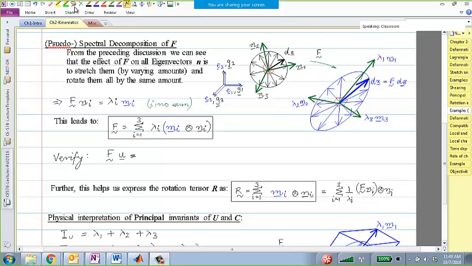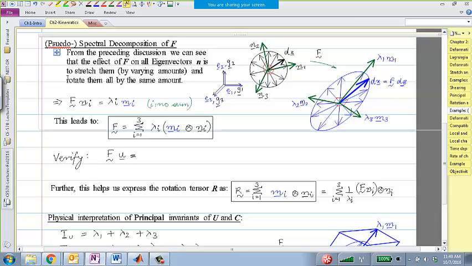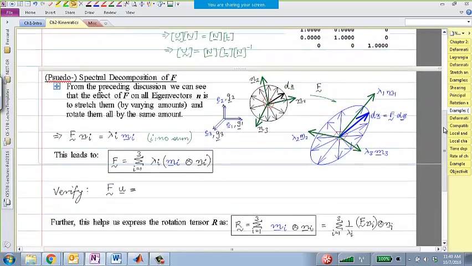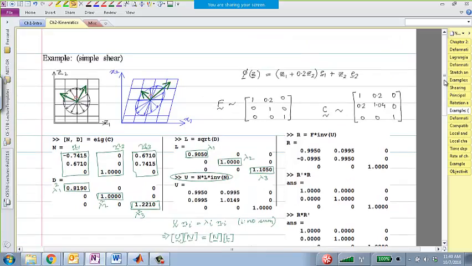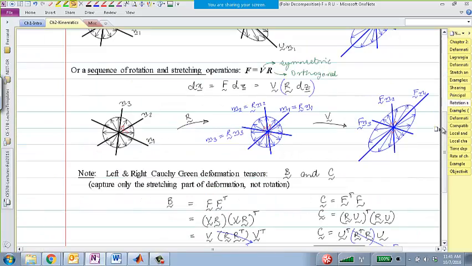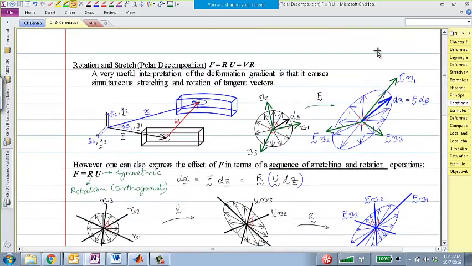All right, so let's go ahead and get started with where we left off last time. What we were doing was going through this interpretation of the deformation gradient as a combination of rotation